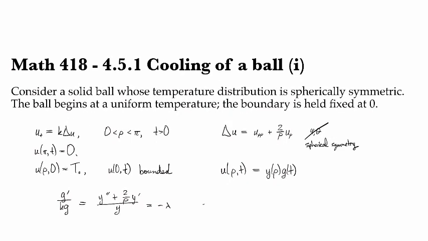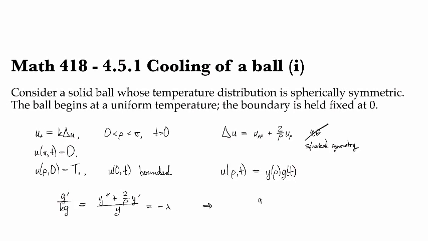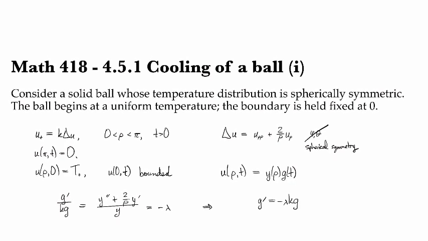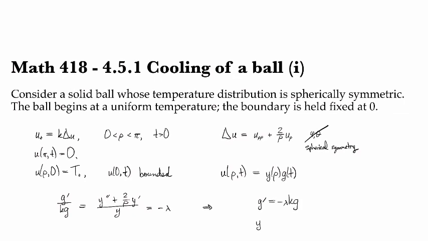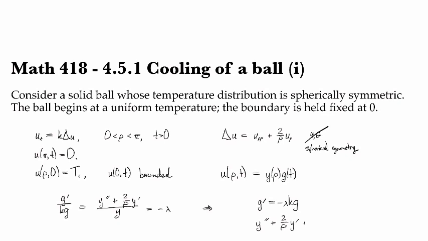And then from this separation equation, we get g prime equals minus lambda k g, and y double prime plus 2 over rho y prime